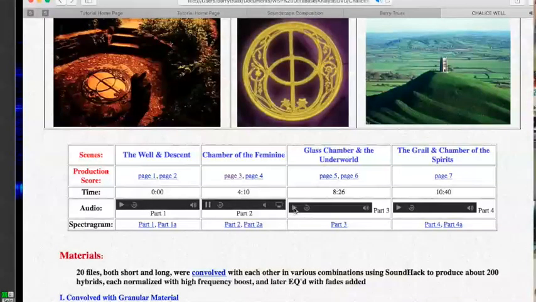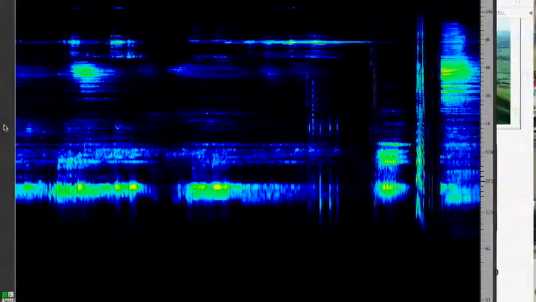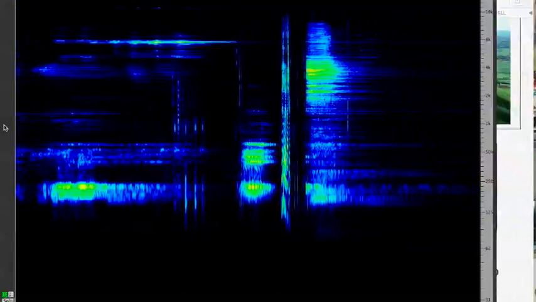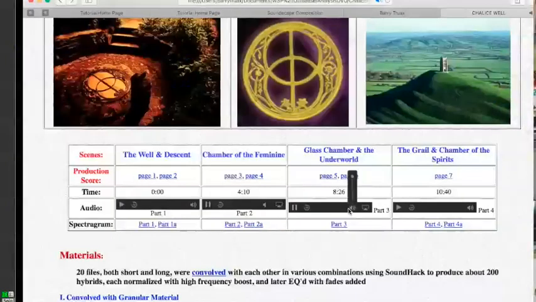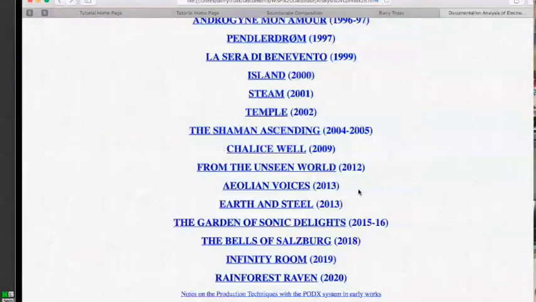And then just a little bit of the glass chamber. Okay, that's just to intrigue you, hopefully, by something that is a completely imaginary space,